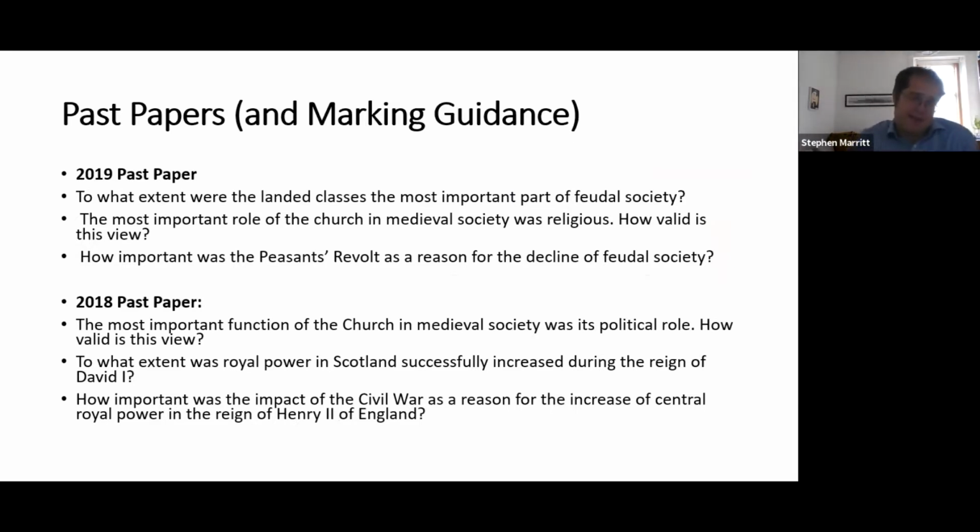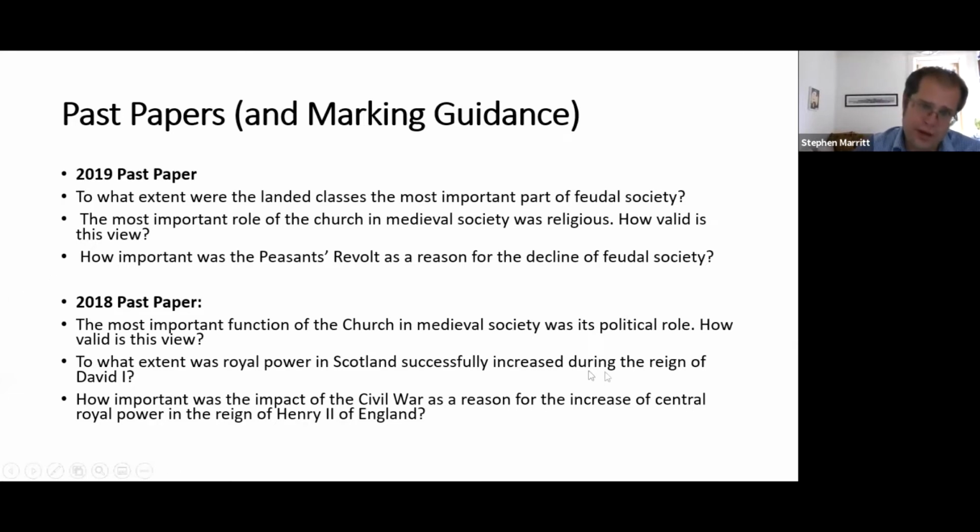And the first thing I spotted was this is an enormous topic. This is something that at university level we would be looking at over two years or something. So it's a huge ask for your students to do it. I also noticed that the exam questions are much harder than what we would have. In 2019, they're quite big general ones, but in 2018, they get very specific about the civil war of King Stephen's reign. So it's a huge task to try and manage this, I think.